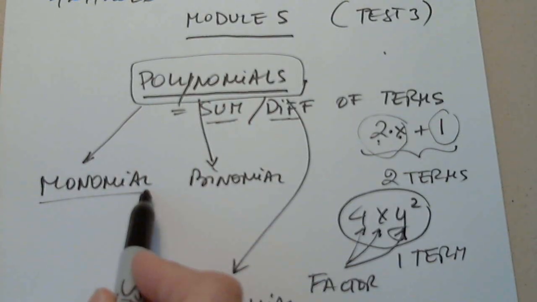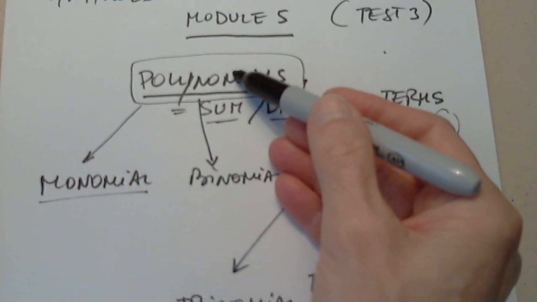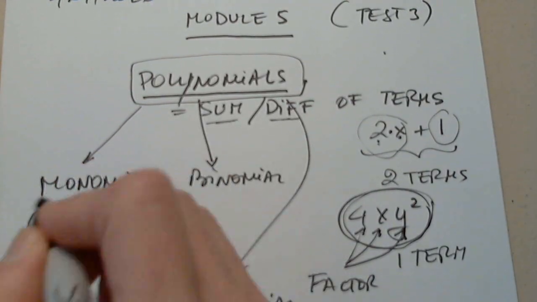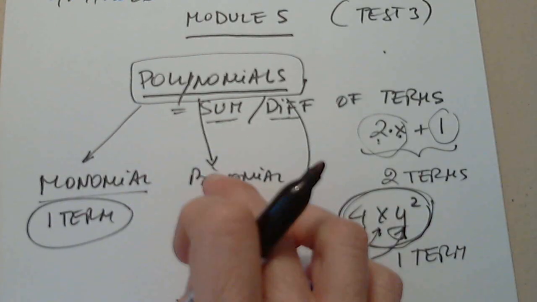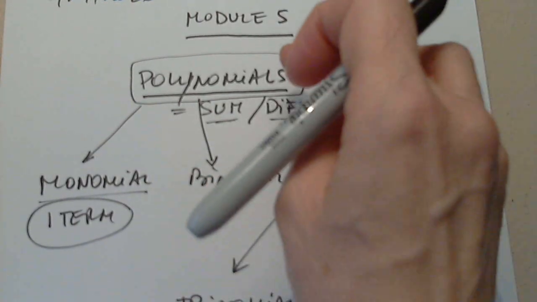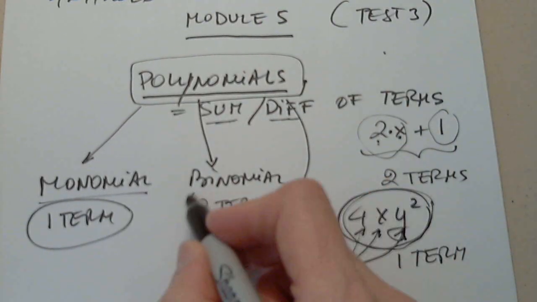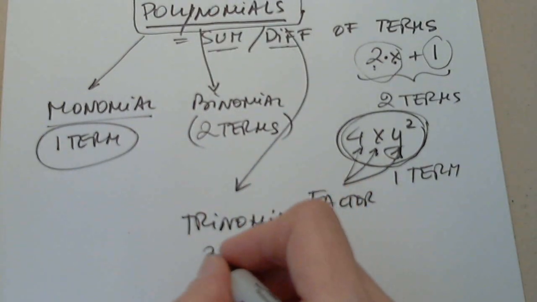We call a monomial an expression that has only one term. It's a polynomial, but it specifically consists of one term. Binomial is a polynomial specifically with two terms, exactly two terms. Of course, trinomial has three terms,